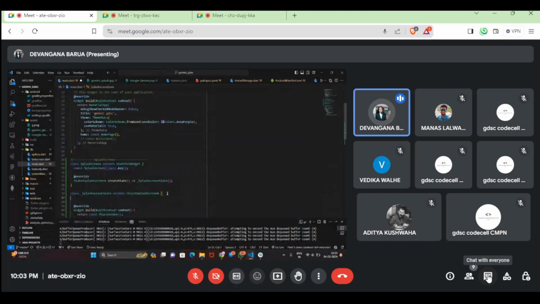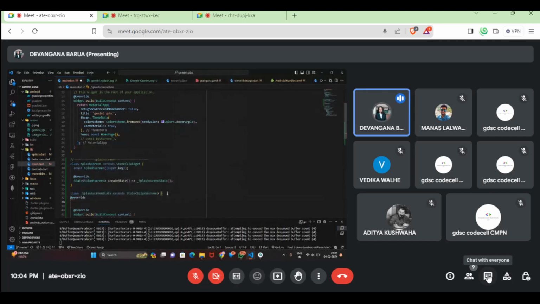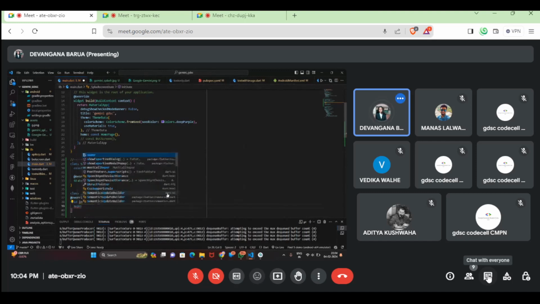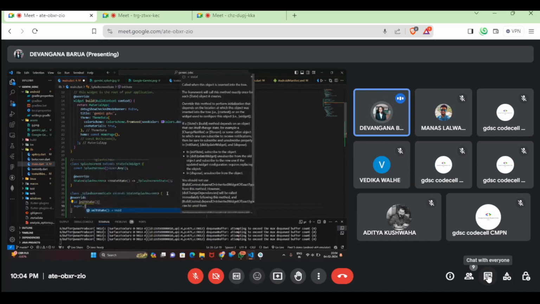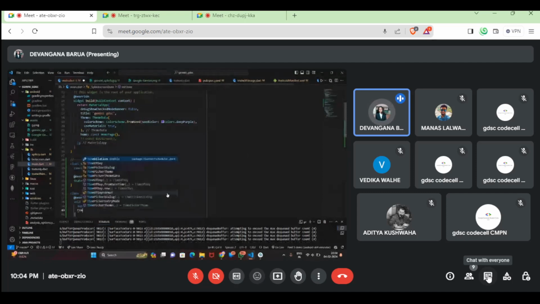Okay. Remember we used init state to add certain widgets inside the widget tree. So we are going to use that again. So first type override. Then the init state method is of void type. So init state, the S will be capital, camel casing. Inside the init state, we'll first call the super constructor, super dot init state, put a semicolon, and then we are going to use a